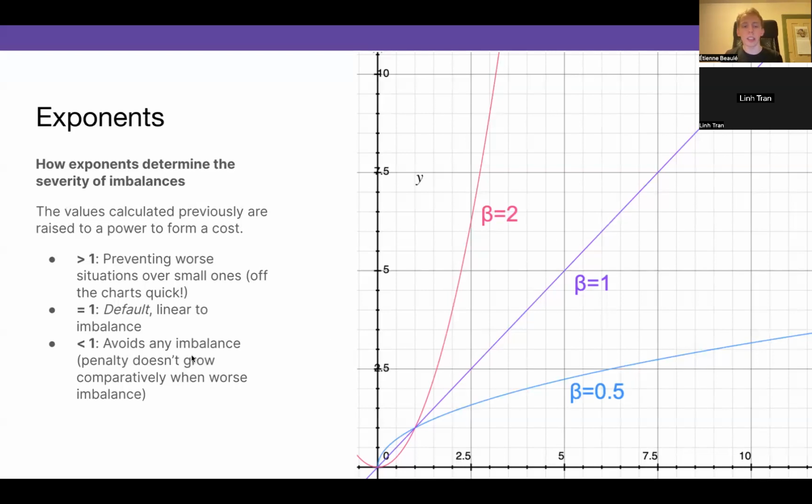And so it will try to balance, but it won't really care if teams have bigger imbalances, it just wants to keep everything equal.